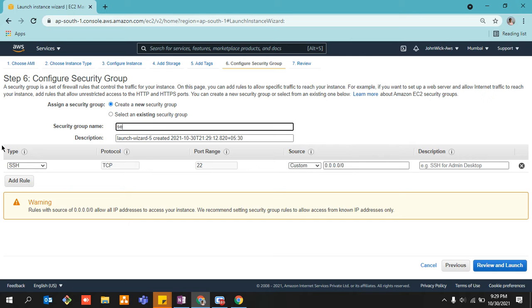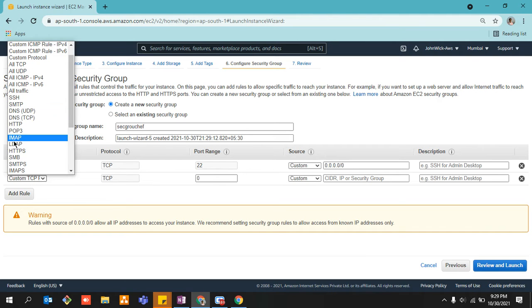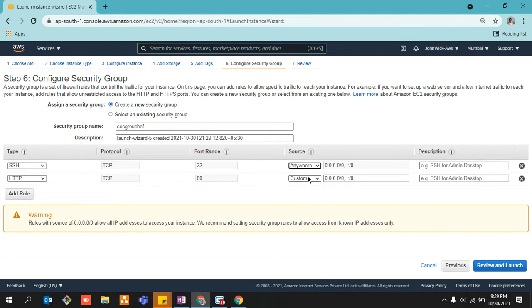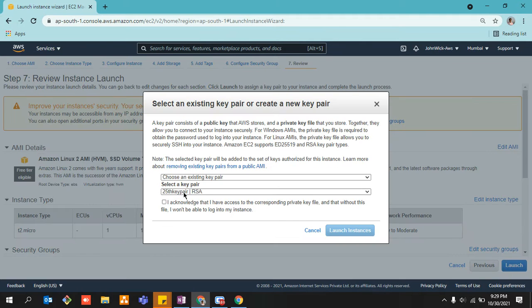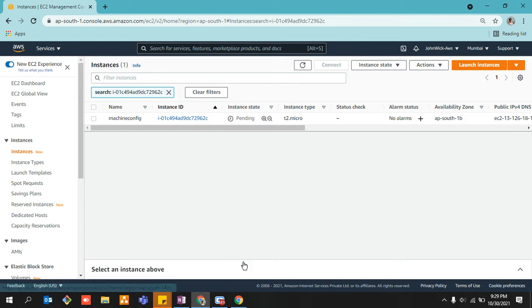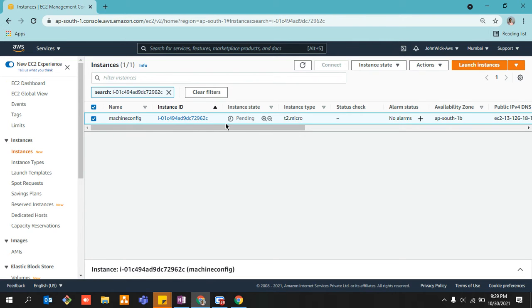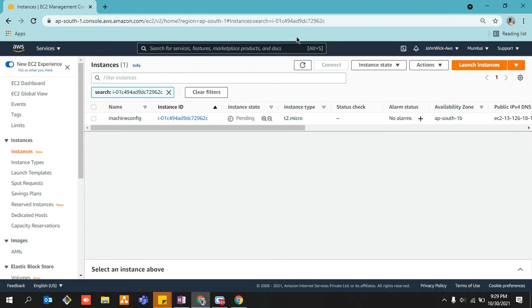Security group, chef, any name you can give. Add HTTP, anywhere, review and launch, and just launch it. I do have my own key pair. I acknowledge and launch the instance. It is getting launched. Let it get launched first, and then we'll proceed ahead with our lecture.